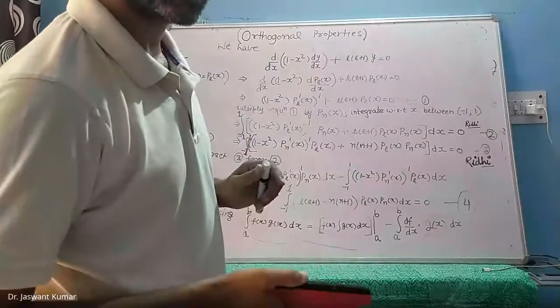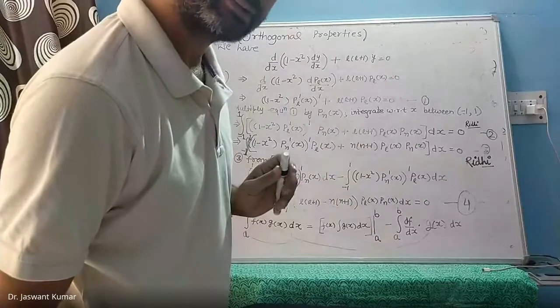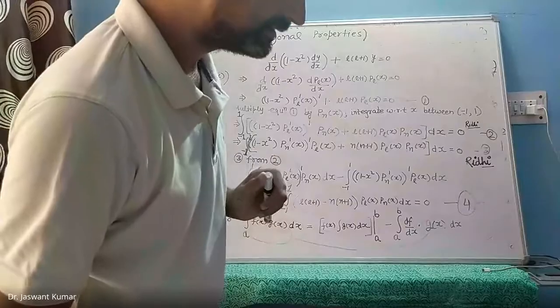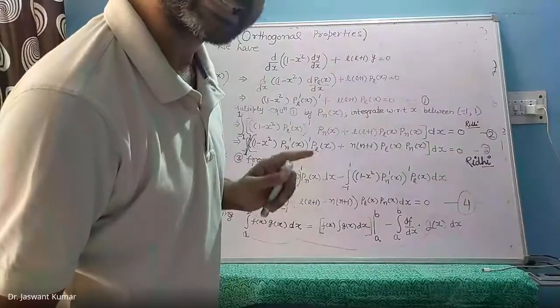Say that again. Sorry, say that again. Sir, in the Legendre polynomial at r equal to 0, a1 is undetermined, that means 0 by 0. Why do you say it is undetermined? Where r is equal to 0, it is 0 by 0? How do you get 0 by 0? Tell me.